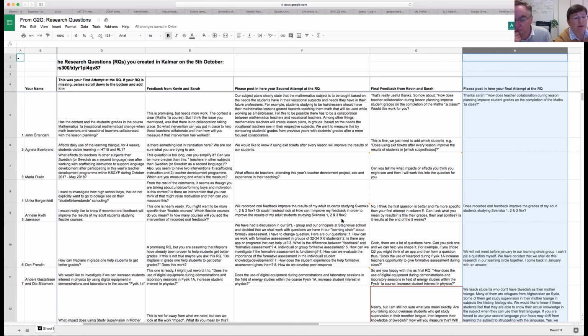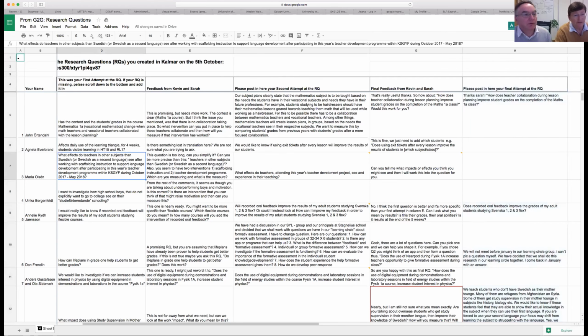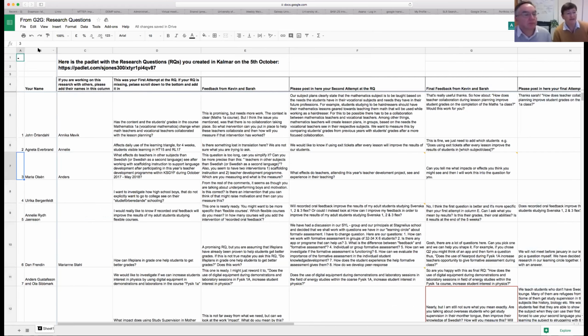The portfolio will be in the name of the people in column B and column C. So, for example, if we see number 1, we've got John and Anika, so I have made one portfolio for John and Anika.